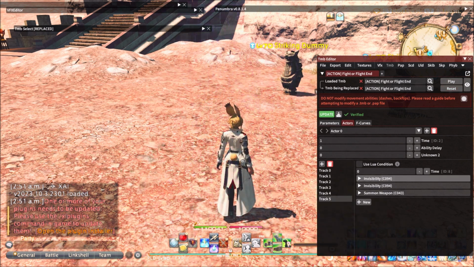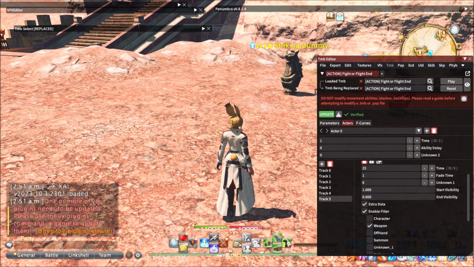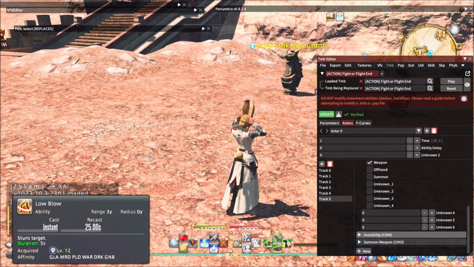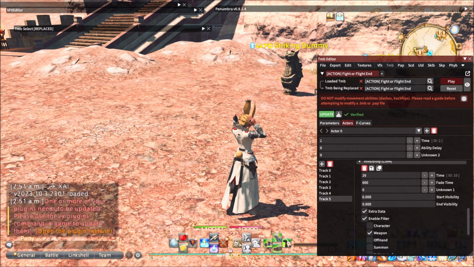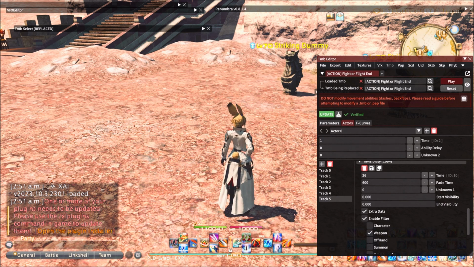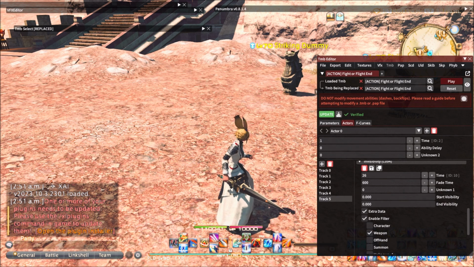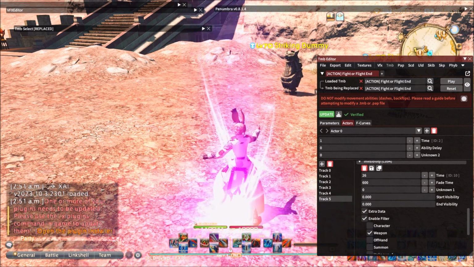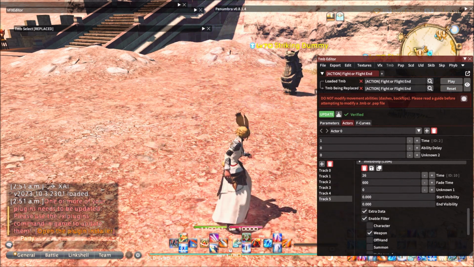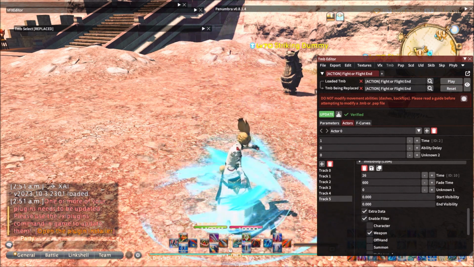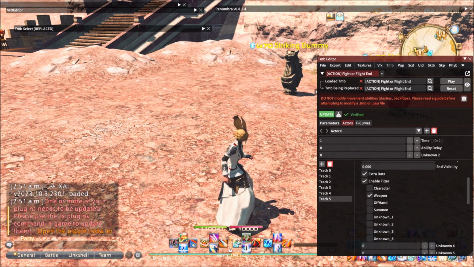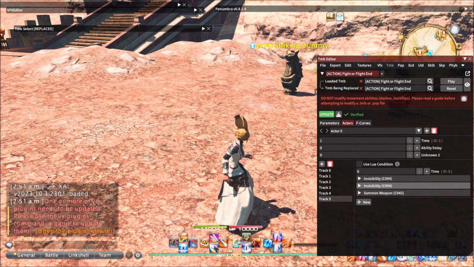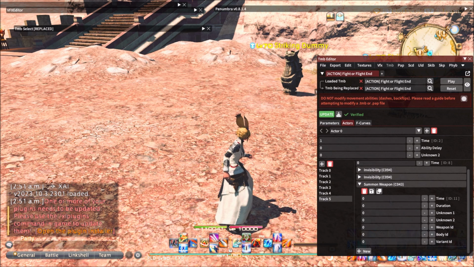Okay, I don't know why she started that immediately. No, maybe it's because I don't actually have my weapon out. Yeah, there you go. So you see it just disappears at the right time. So what we're gonna do from there is we're gonna go to summon weapon now, and